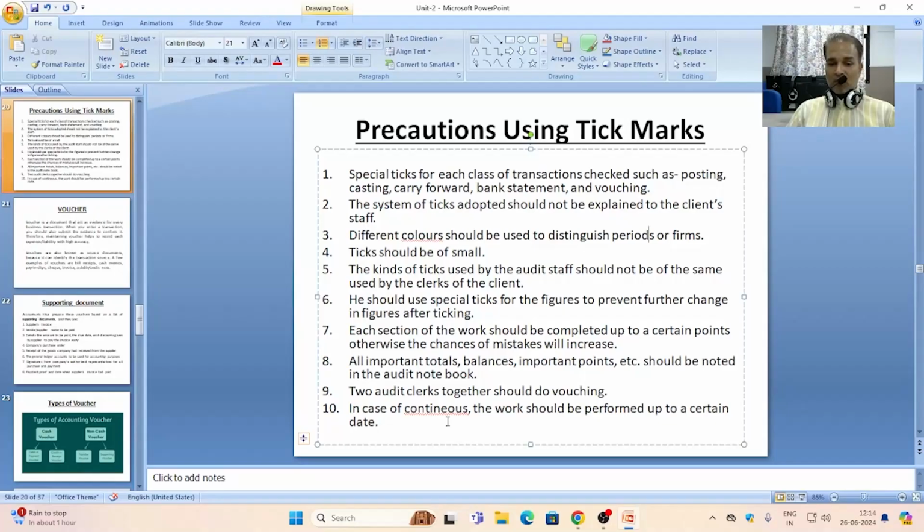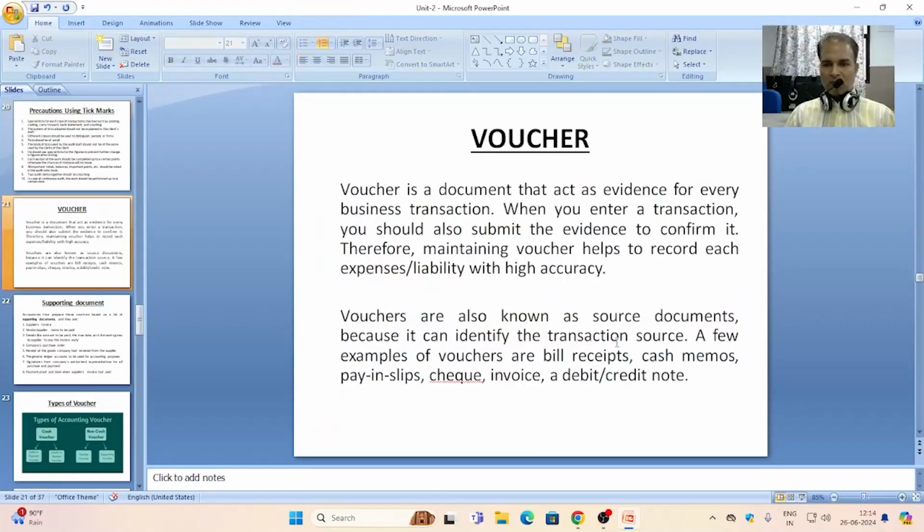In case of continuous audit, the work should be performed upon a certain date, because after the use of audit tick marks, the auditor can easily segregate the portion, the period on which he has done the audit work. Now, in the procedure of auditing, we are going to discuss an important thing, that is